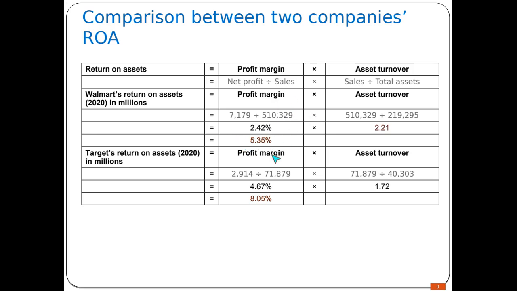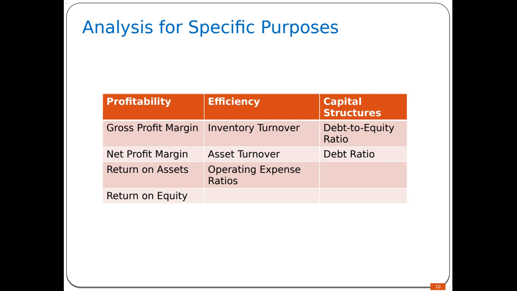However, the profit margin for Walmart is less than the profit margin for Target, meaning compared to their sales, Target is making a higher percentage of net profit. So this is what this number is telling us. Now, just to get you familiar with some ratios, for profitability, if we want to see the profitability of a